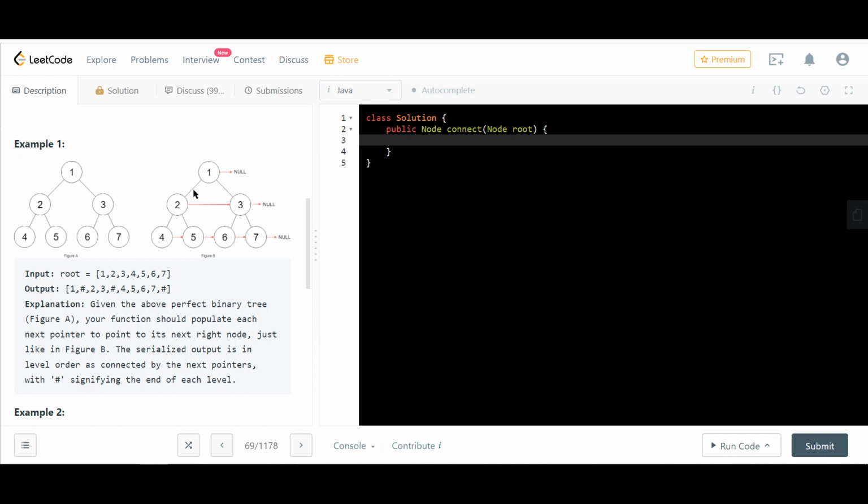It is a perfect binary tree, which I mean every node has two children till the leaves. I think that is what I have to rely upon. So there is no thing about left being null and right not being null. That cannot happen,